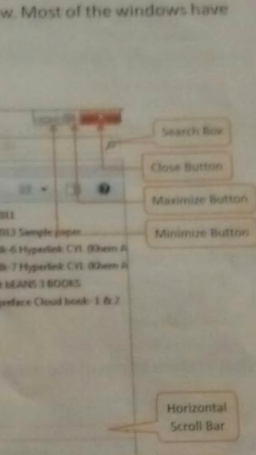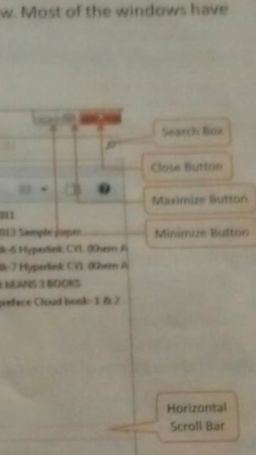At the top right you are looking, three buttons are there. The first one, in red color, is the close button. It will close the current application whatever you have opened, and in the center is the minimize or maximize button, which can be maximize or restore.